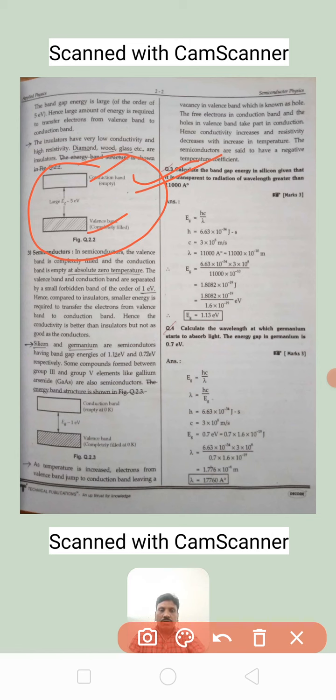Right, now if you see this one, semiconductor. So this is the energy band diagram structure of semiconductors. In semiconductors, you can see the gap between the conduction band and valency band is approximately 1 electron volt. So that's why in the beginning, at 0 Kelvin temperature, the semiconductors act as an insulator. Clear?